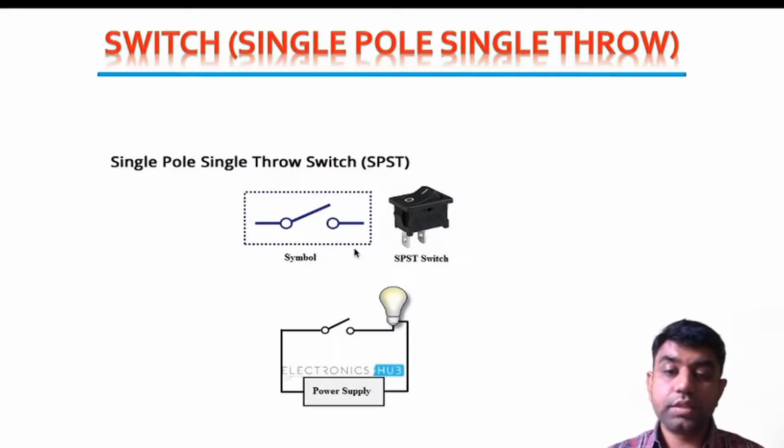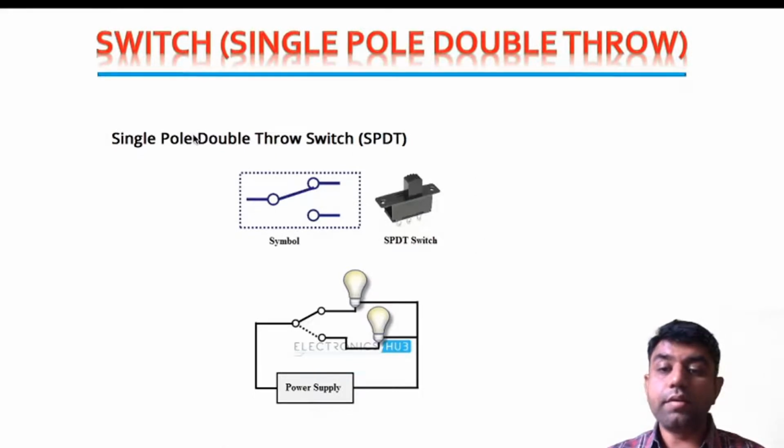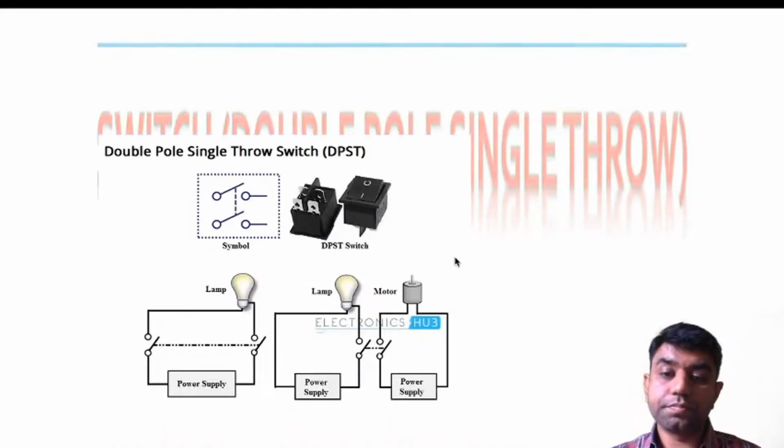When you press it, it will light up the lamp, and from that button only you can switch off that bulb also. So that is single pole, single throw. Then you can have a single pole, double throw. From one switch only you can operate two different bulbs. You can have two different connections. Suppose you want to operate this, then it will light this particular bulb. Then if you want to operate another bulb, it will operate the other bulb. So that is a single pole double throw switch.